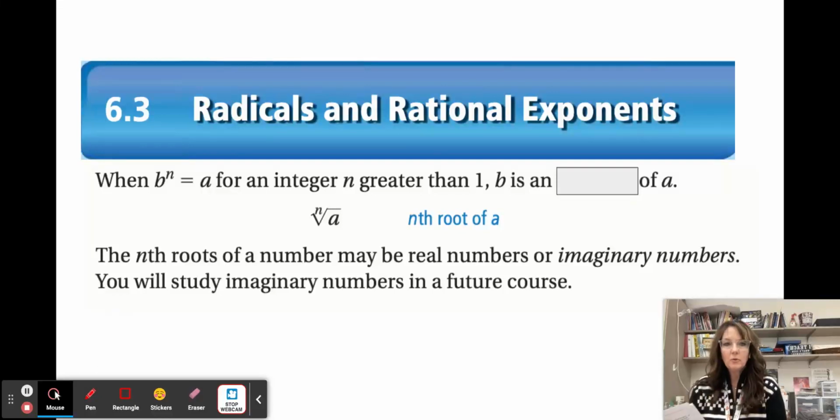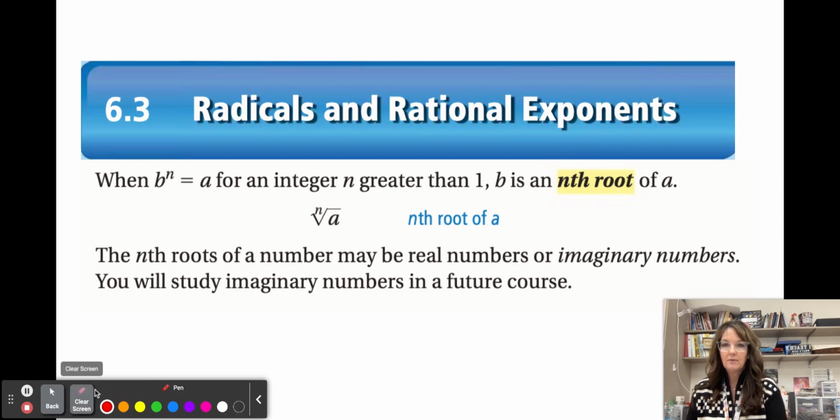All right, lesson 6.3, we are going to be learning about radicals and rational exponents. So when we're talking about b to the n is equal to a, for an integer n greater than 1, b is considered an nth root of a. So this means that the nth root of a is equal to b, okay? Because we're taking b, raising it to a power of n. If that equals a, and we then took the nth root of a, we would be right back. So these are called inverse operations of each other,